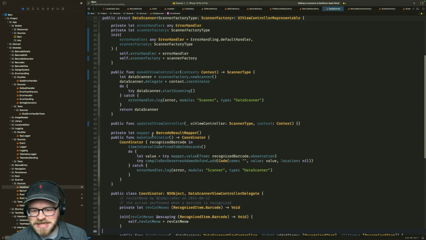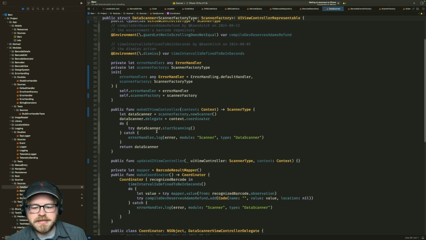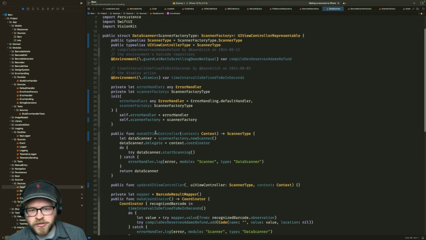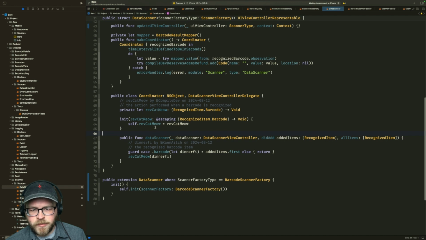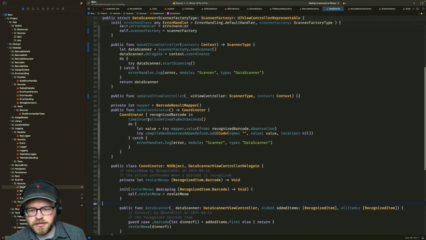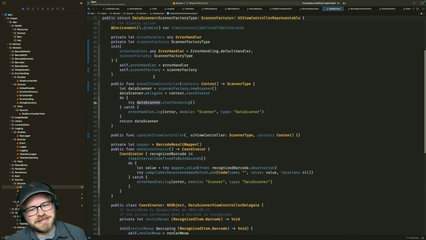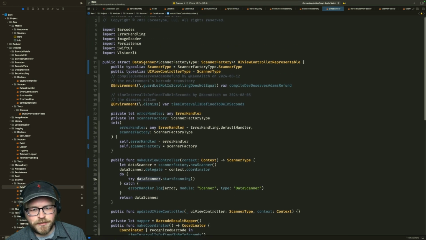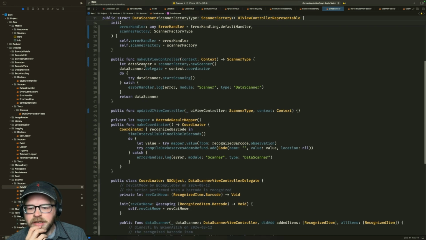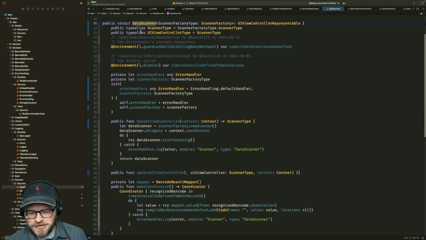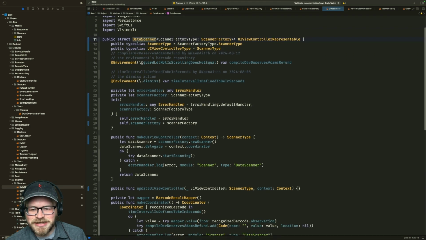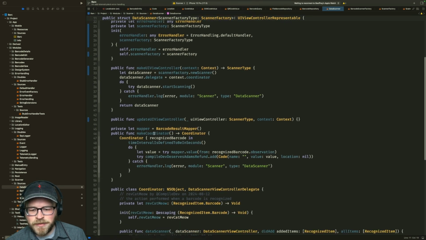And what we're trying to say is we want to know if we create a data scanner, sorry, if we create a, see, now this is the problem. Data scanner is our barcode scanner. Anyway, if we have this data scanner view and we pass it in a scanner